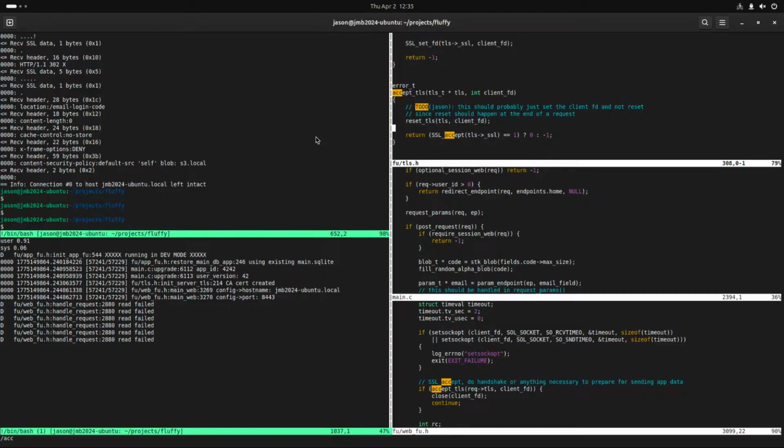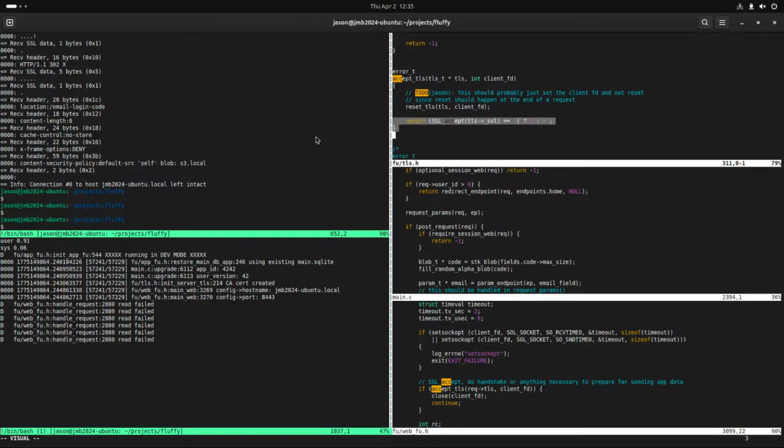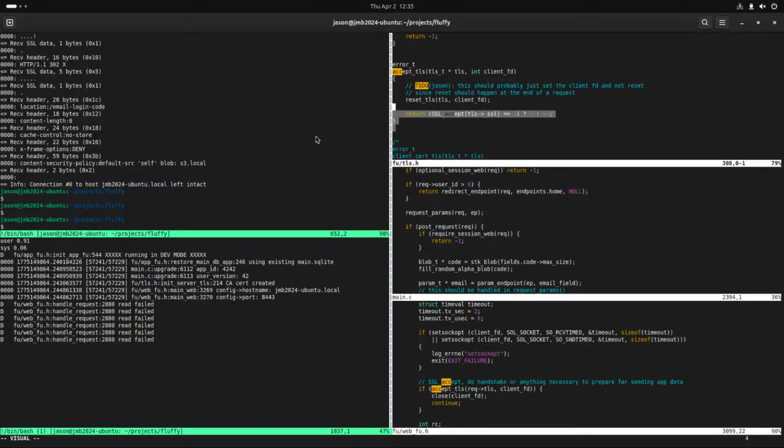That's pretty much required, because obviously I'm not going to be able to test anything else until I actually have a certificate. So I'm going to want some sort of